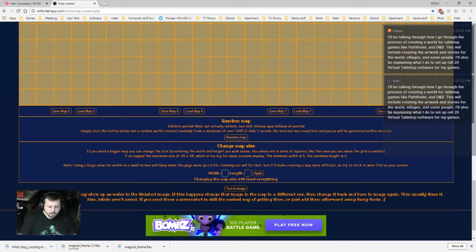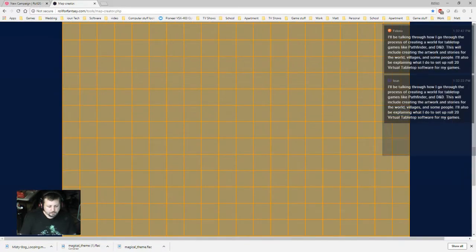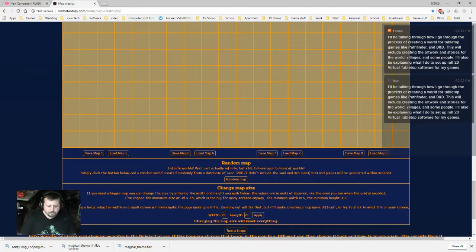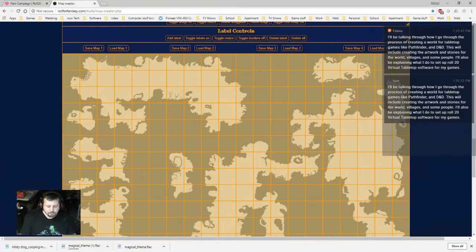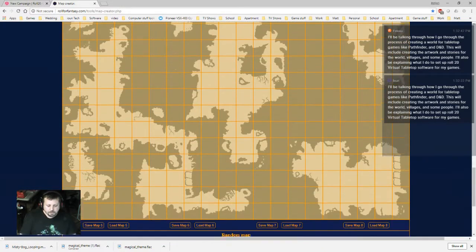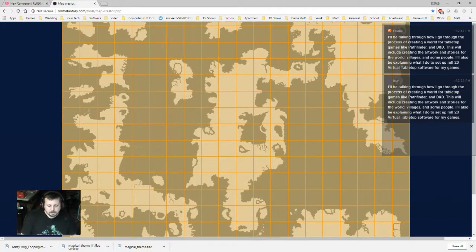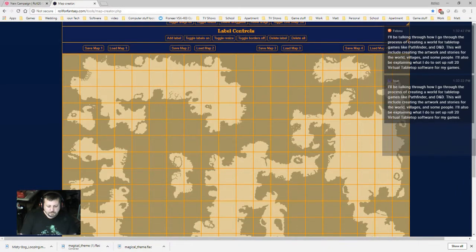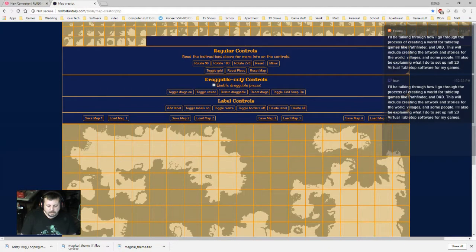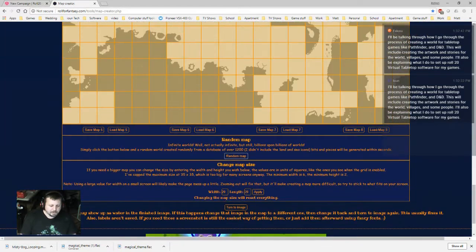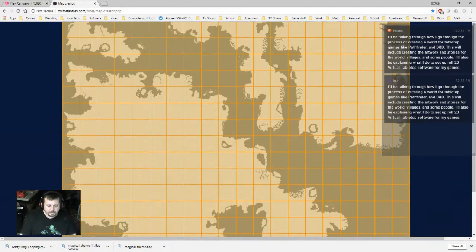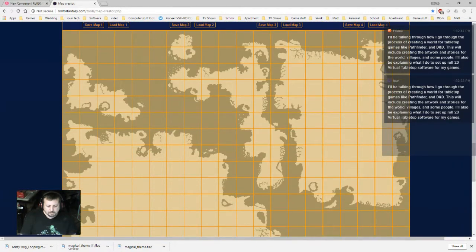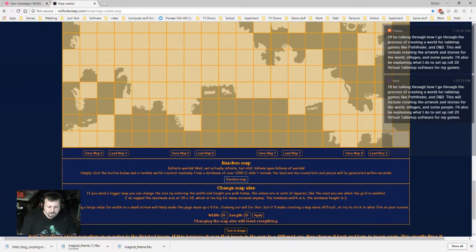So I'm going to go ahead and set this at 20 by 20, and then you see it readjust to the size that I set after I clicked apply, and then I'm going to hit random map, and that generated the first random map. Now this has some different land masses, and this looks like a collection of islands, which may not be exactly what I'm looking for, so I'm going to hit random map a few times here until I find one that I like. And I kind of like the fact that this has one landmass,